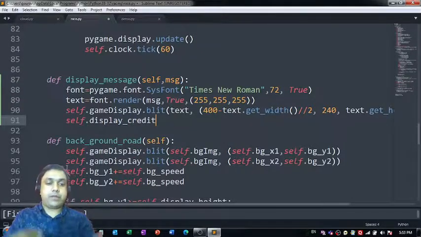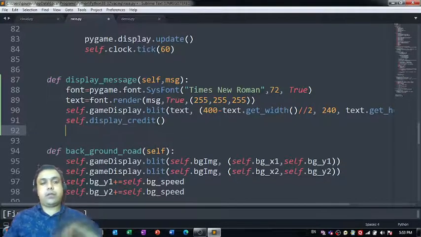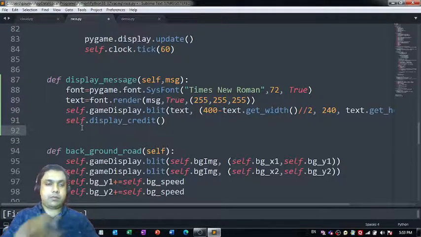Let me first define the code for this display message function. So I'm going to create this function, and then it will be called here. Okay, then we have this self dot display underscore credit. Then we can call this pygame dot